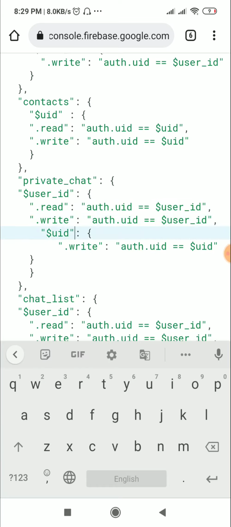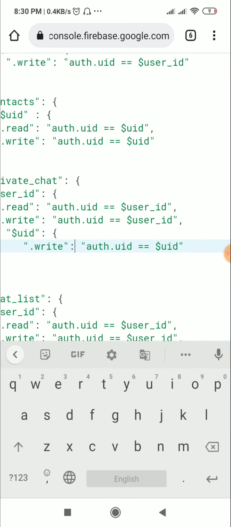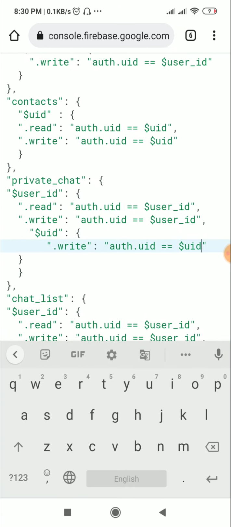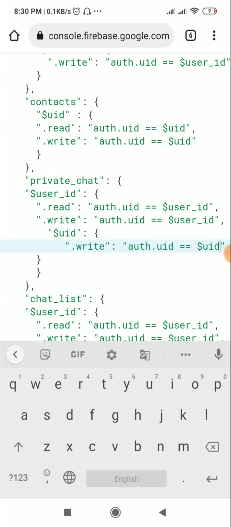So for that I have one more child $uid, and here I have set .write to auth.uid equal to $uid. So this user can send a private message to the user with user underscore id, but only at his node.